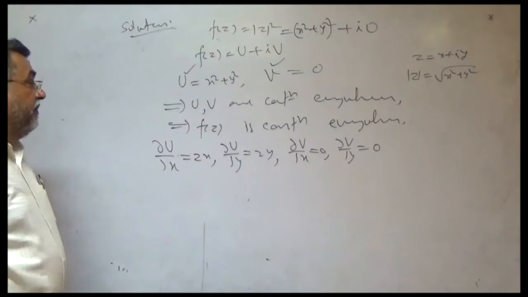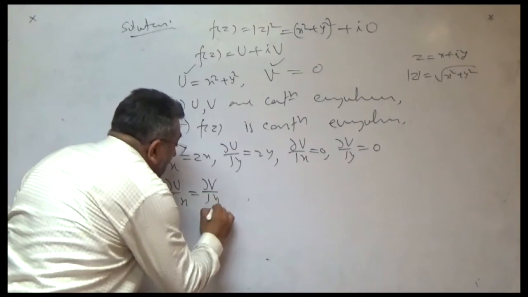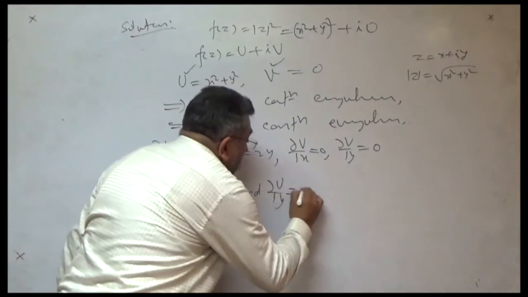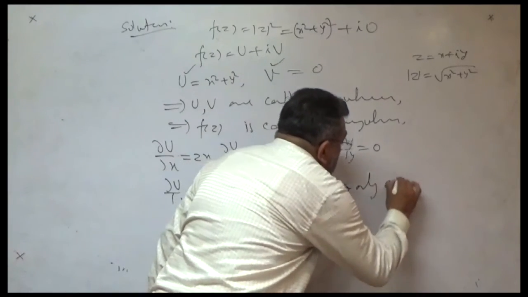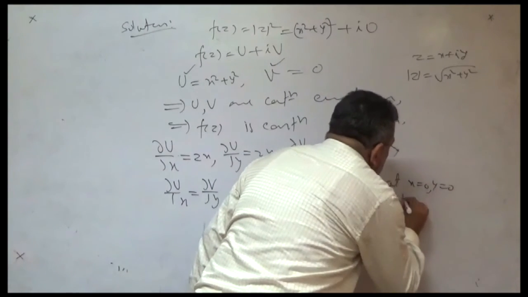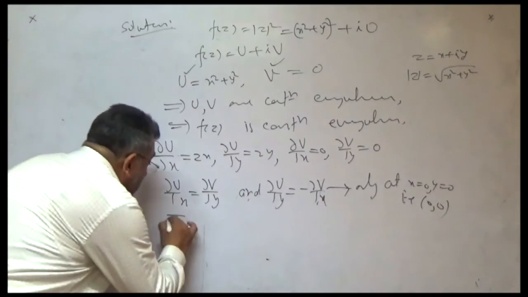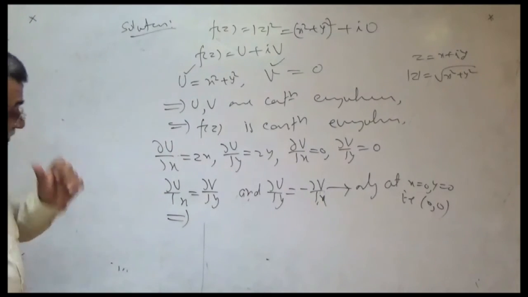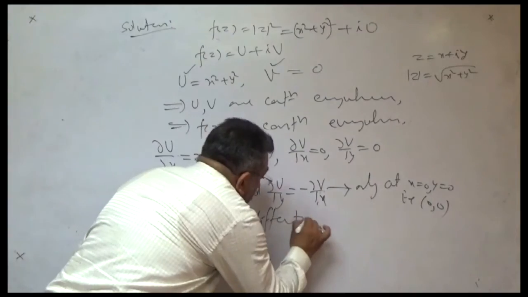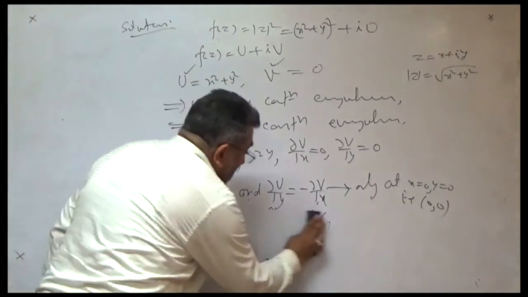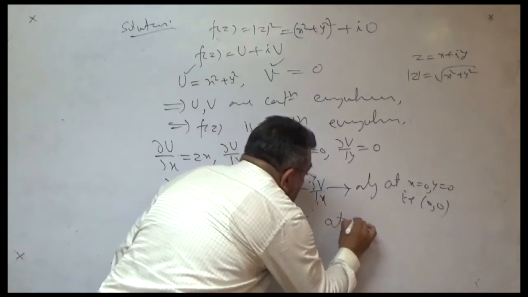So by the CR equations, we see that del u by del x equal to del v by del y, and del u by del y equal to minus del v by del x, only at x equal to 0 and y equal to 0, means the origin, only at this point. So by this theory, we can say that f(z) is differentiable by the CR equations, or by the necessary condition, the function is analytic at (0, 0)